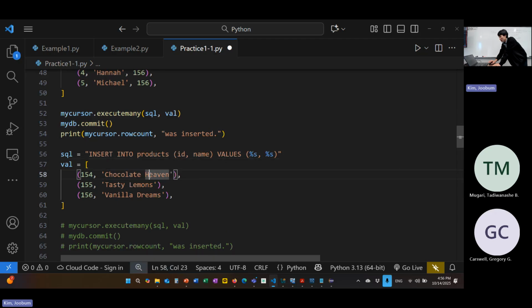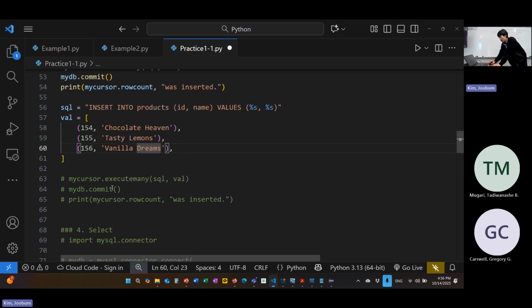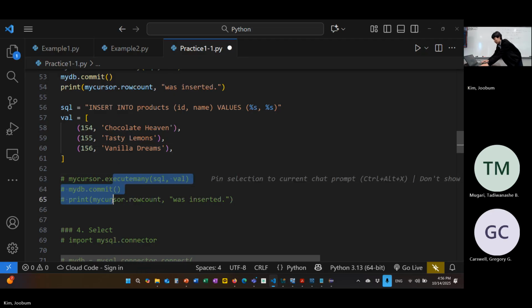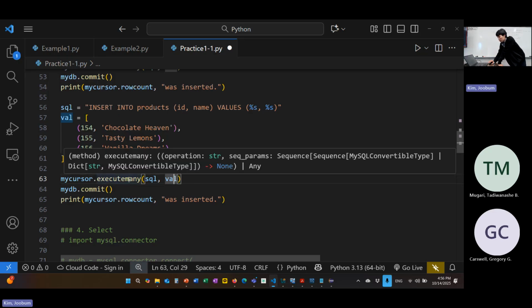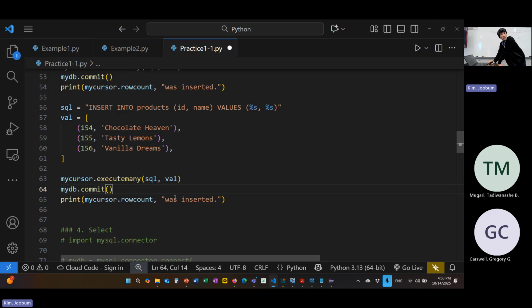ID, chocolate heaven, 55, tasty lemons, vanilla dreams, like this. Then execute the query and its values to the table, and then finalize by calling the commit method. So when we execute this code,